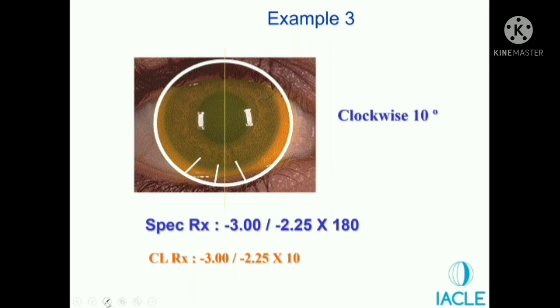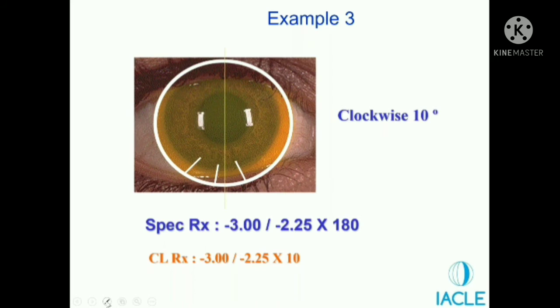So you know that the lens is going to rotate, and that is why you're going to compensate for that rotation already. आप पहले से ही उस रोटेशन को कॉम्पेंसेट करोगे. सो वो जो 10 डिग्री रोटेशन है आपको पता है वो होने ही वाला है, इसलिए आपने 10 डिग्री ज्यादा ही दे दिया उसको. So what you did was you ordered a 10 degree lens. Now because you ordered a 10 degree lens, even if the lens rotates by 10 degree, the actual cylinder is going to be 180 degree.